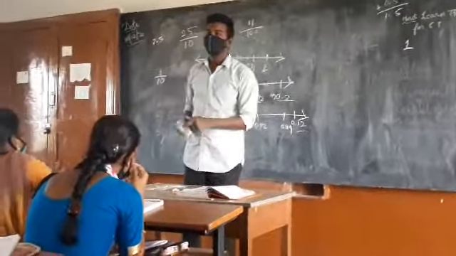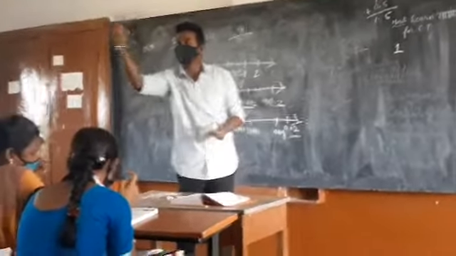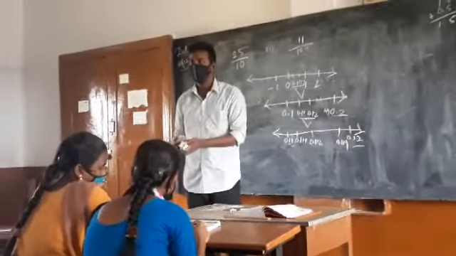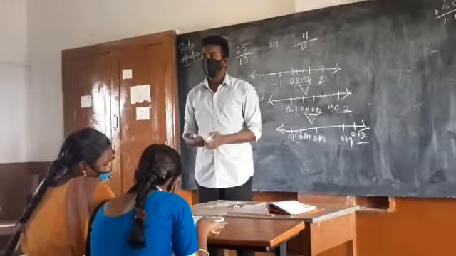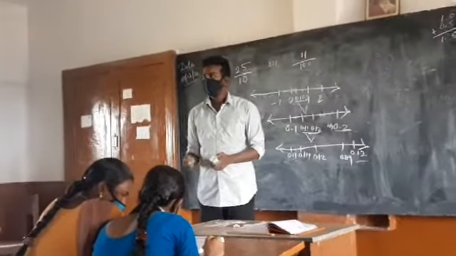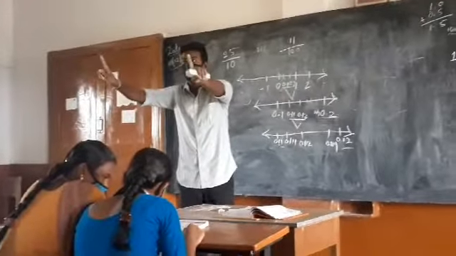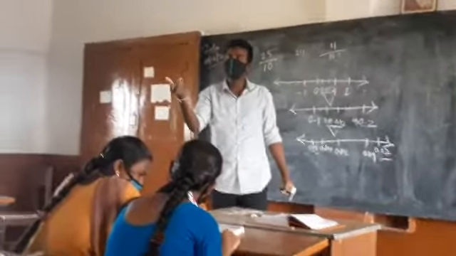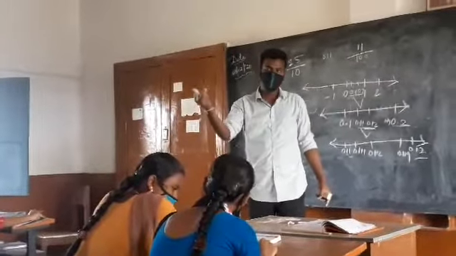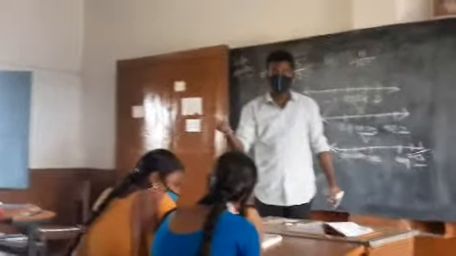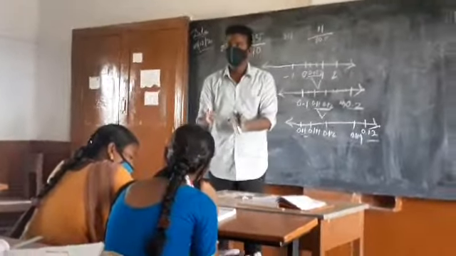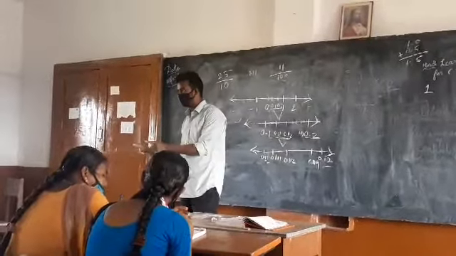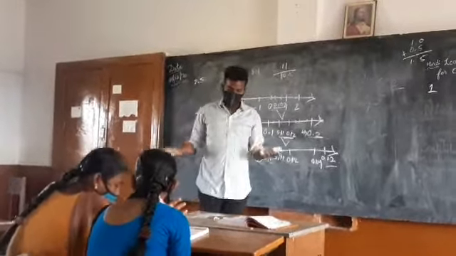Understood? And in your textbook problems, it will be given two rational numbers, and it will be asked to find 10 rational numbers, or 5 rational numbers, or 3 rational numbers, etc. We already know between any two rational numbers, there are infinitely many rational numbers. Can't we find 10 rational numbers? I will tell the procedure how to find them. You are able to understand there are infinitely many rational numbers between two rational numbers. Isn't it? Yes or no? Yes, sir. Let us find out.